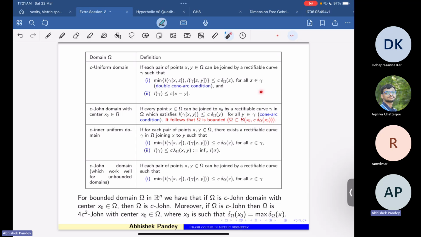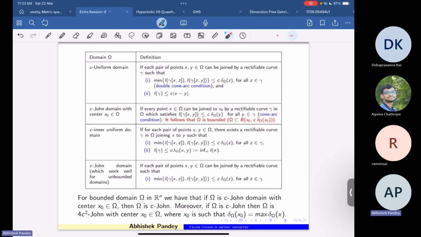So, like, we have x0 and we have any point x. This can be joined by this curve, and if you take any point y, the length of this part is less than or equal to C times the distance of this y to the boundary. Okay, and again, for a C inner uniform domain, the first condition, the double cone condition, will be there, and this condition will be replaced by the inner metric, so C times δ_Ω, λ_Ω(x, y). Okay,